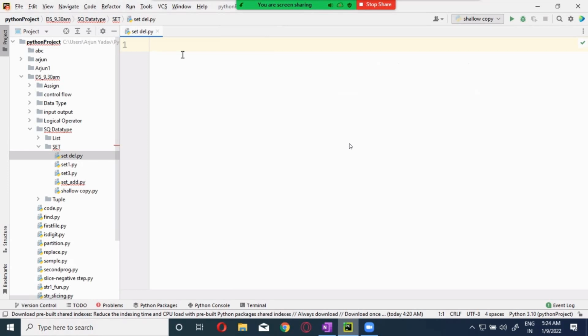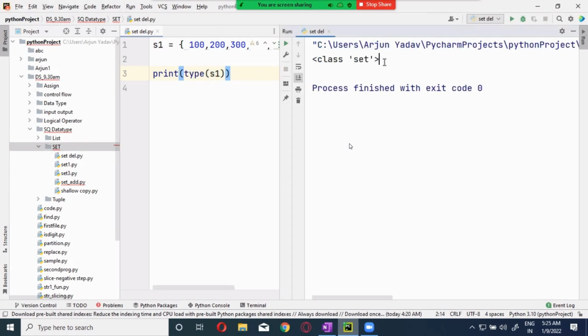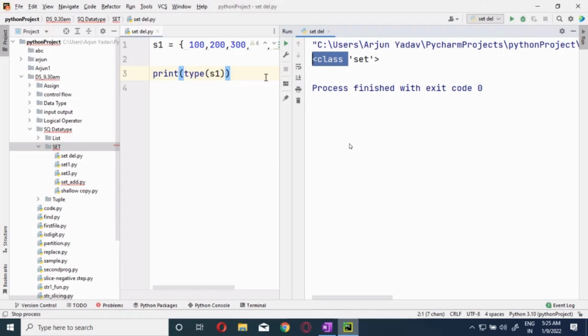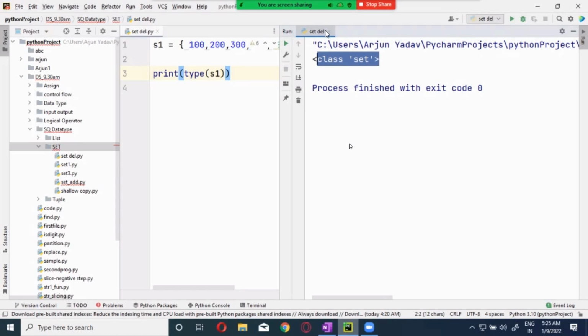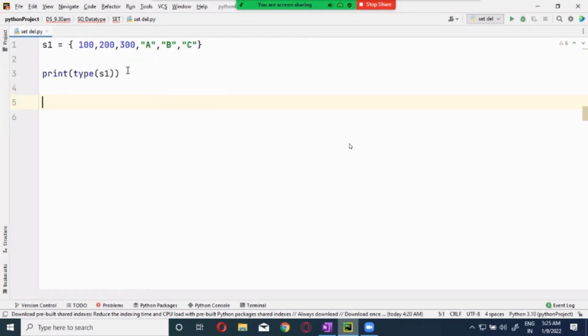Now I'm keeping a set over here. This is my set. I will remove this nested part. This is my set, right? Now print type of set, how will it be? Class set, right? Because this is a class and all the derived ones from the class is an object, right? That is the reason why everything is called an object inside Python 3.x, not Python 2.x. Remember that. Someone was asking me this question the other day, why it is called an object.